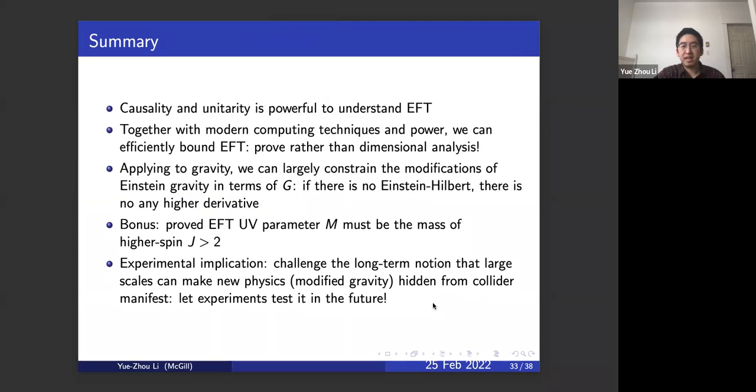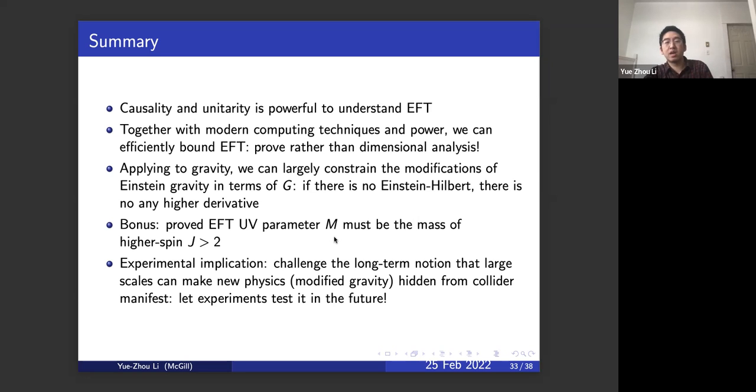Summary. Causality is powerful, and together with modern computing techniques and computational power, we can efficiently bound the EFT. We can prove the scaling rather than relying on dimensional analysis. Applying to gravity, we can constrain the modification of Einstein gravity in terms of the Newton constant. And our bound implies that if there's no Einstein-Hilbert action, there will be no higher derivative ones. And our bonus is that we proved the EFT UV parameter M must be the massive higher spin